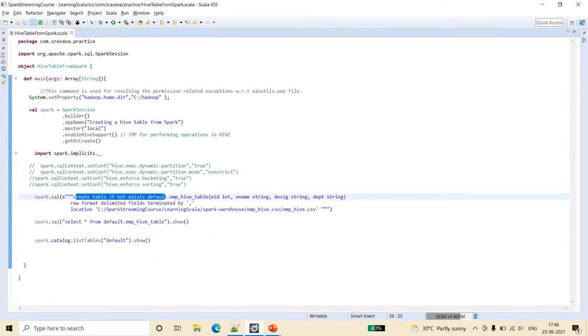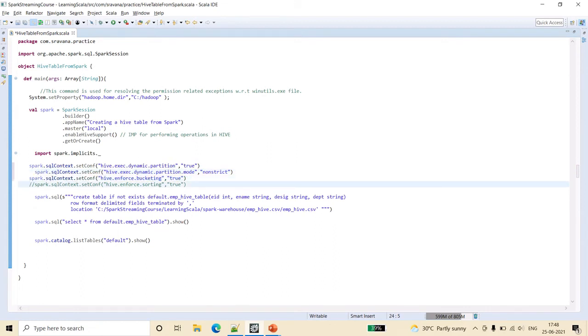And also here I have taken a simple create table command. If you want to have partitioning and bucketing in the Hive table, then you have to enable it. This is the way we can set the configuration for creating buckets, sorting and partitions. So this way you can set it, then you add the partition by code here, and you can run the code for creating a Hive table with partitions and with buckets.